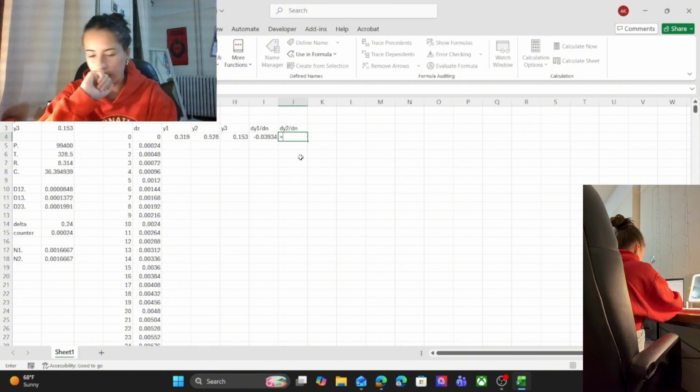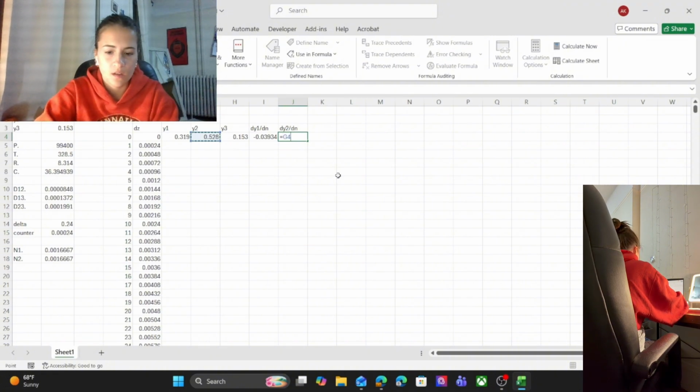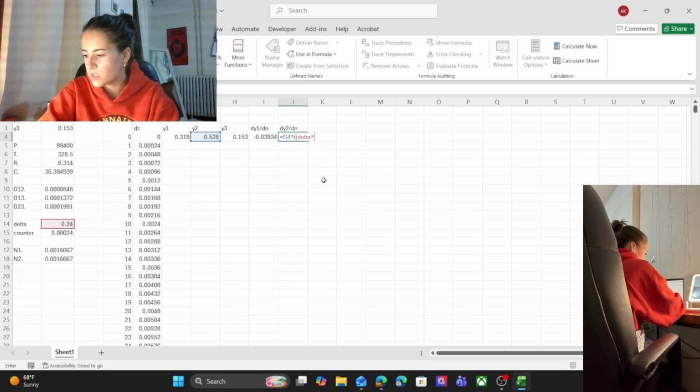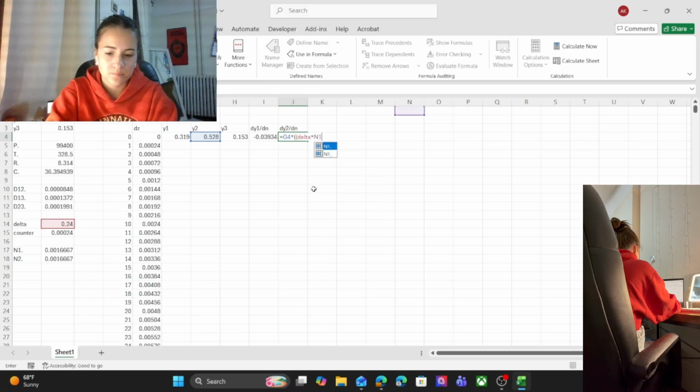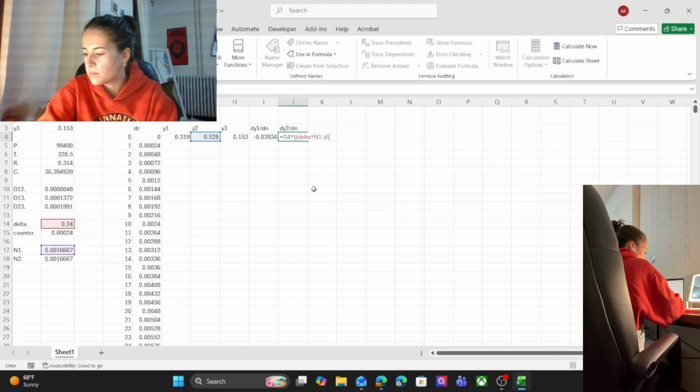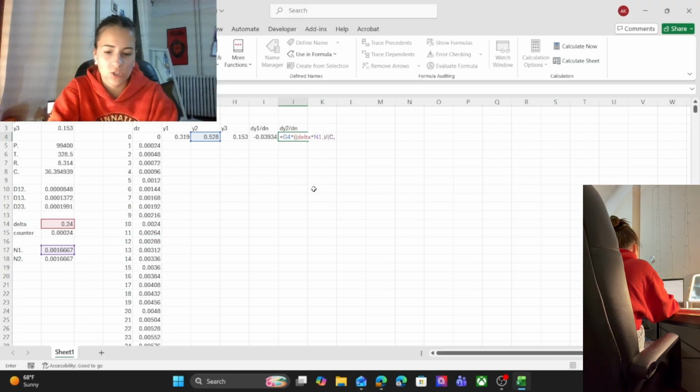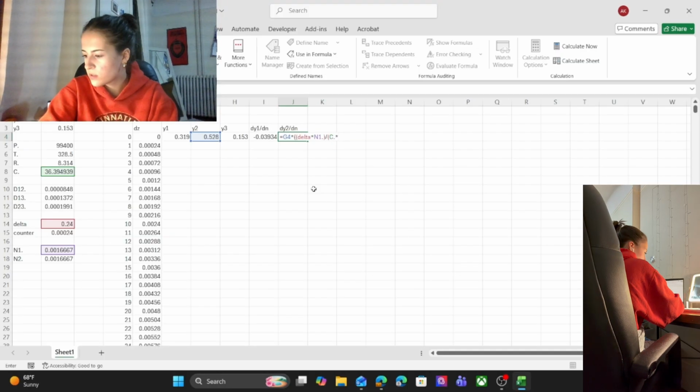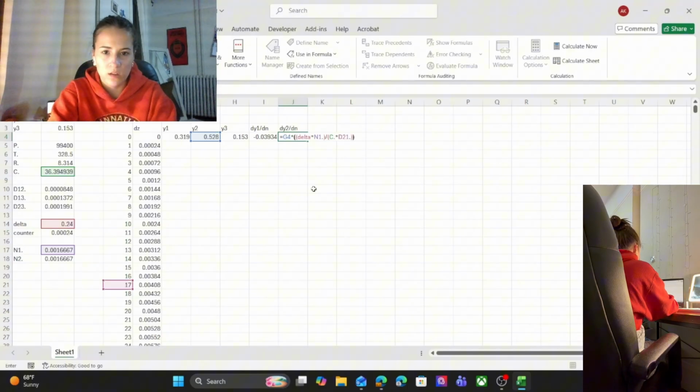So we will have y2 times, and then in our numerator we have our delta times N1 divided by our concentration times D21 dot this time, and then that'll be minus